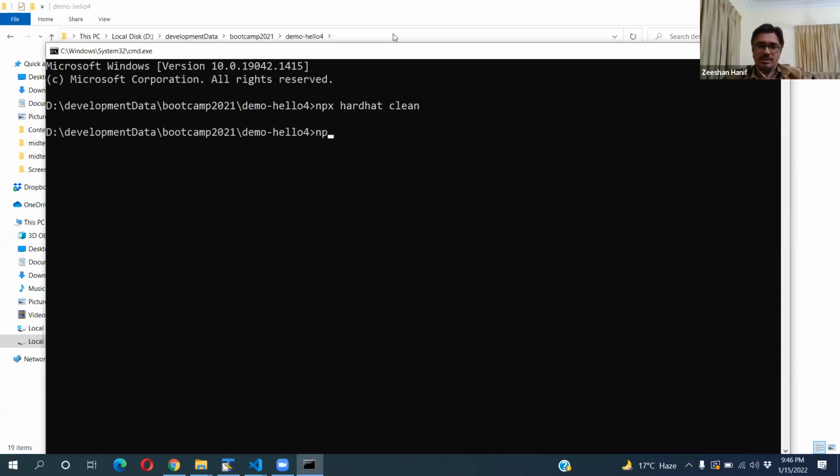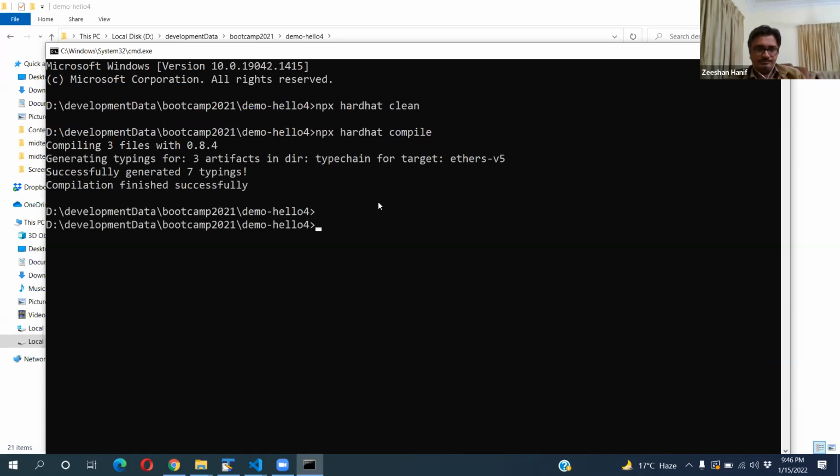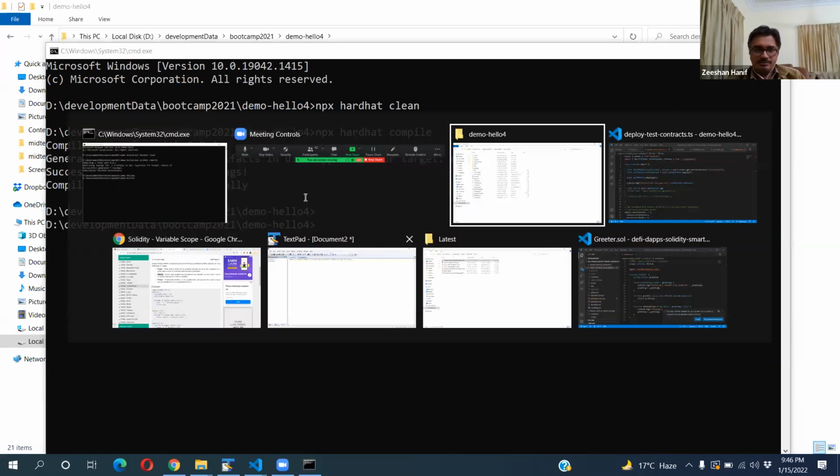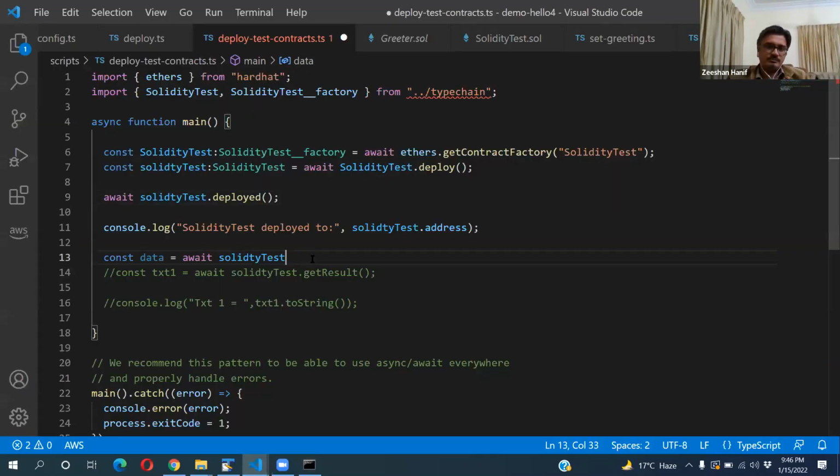So you just run hardhat clean and then hardhat compile. It's just trying to compile. Once it's compiled, now what we can do is